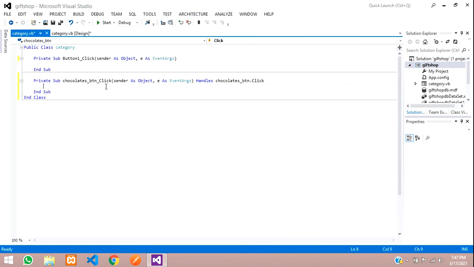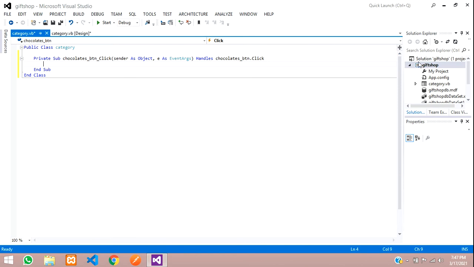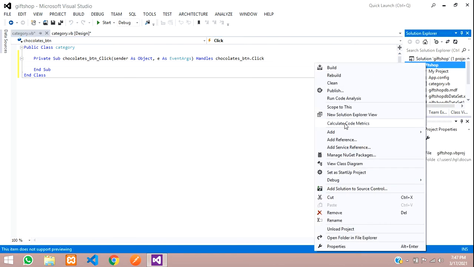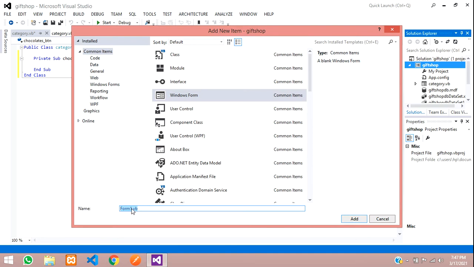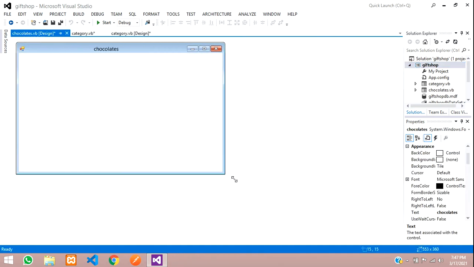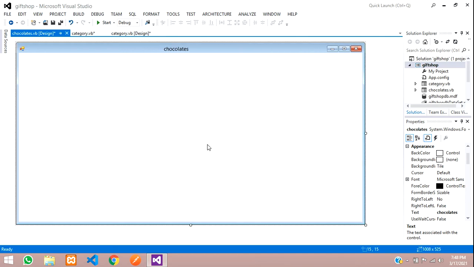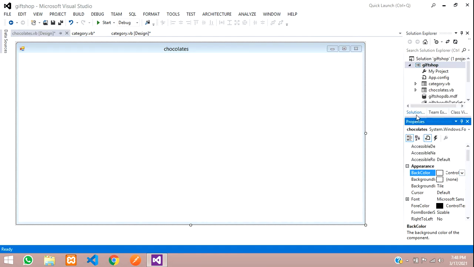Here it is. So now when you click on this chocolates, so let me click here. So when I click the chocolates button, the chocolates page should open. So what we are going to do is first create a Windows form over here, right click, click on add Windows form, and we'll name it as chocolates.vb. Okay, add, and here is the form, and here you can just do the design. As back color, we'll keep it white,